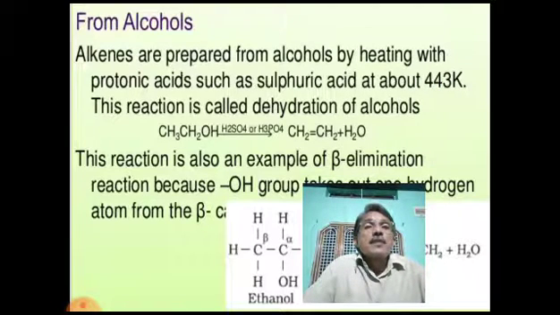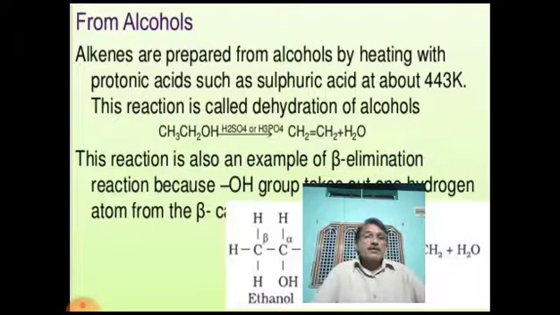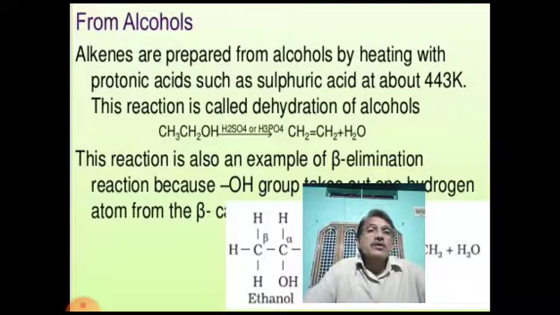Alkenes can also be prepared from alcohols. Alkenes are prepared from alcohols by heating with protonic acids such as sulphuric acid at about 443 Kelvin. This reaction is called dehydration of alcohols. By the process of dehydration of alcohols, alkenes can be obtained. Dehydration means removal of water. Removal of water is called dehydration,